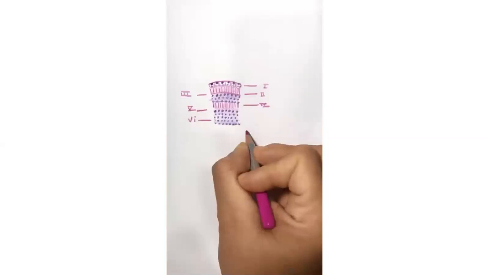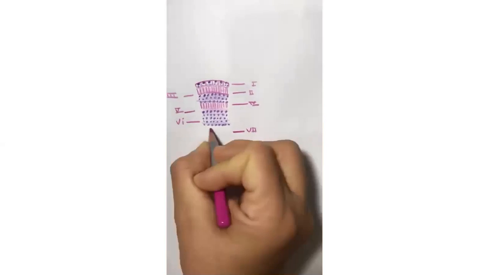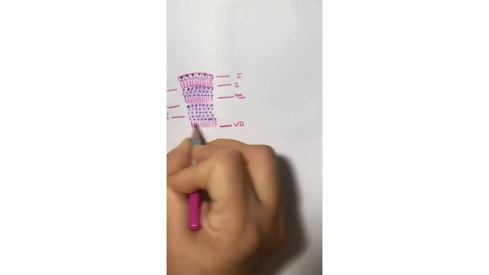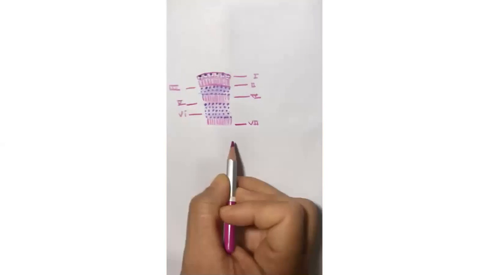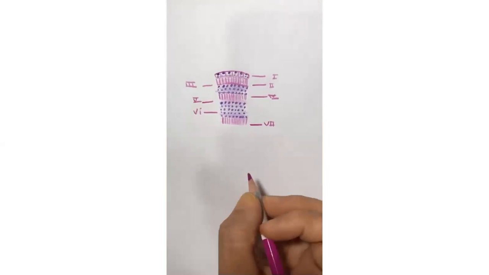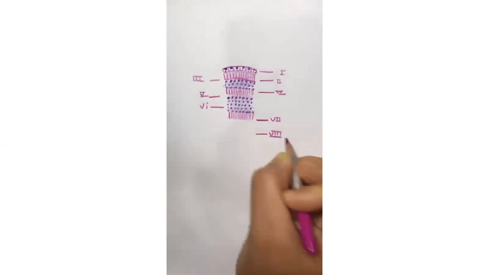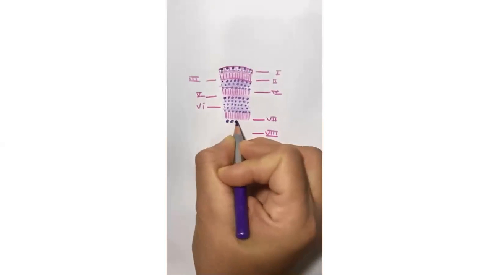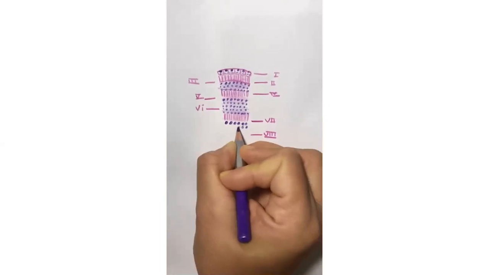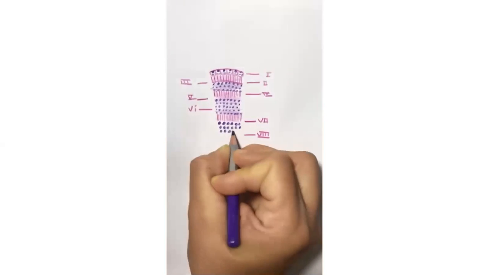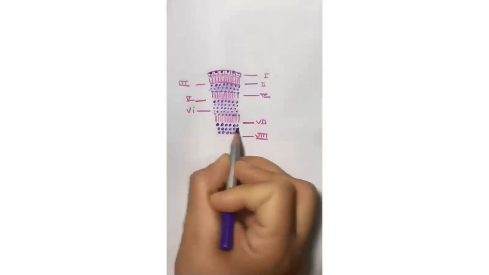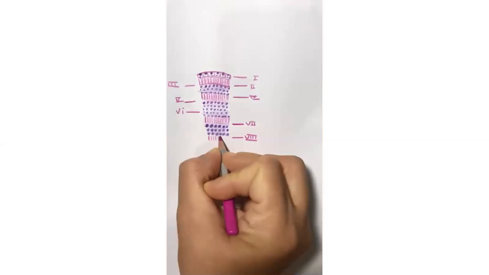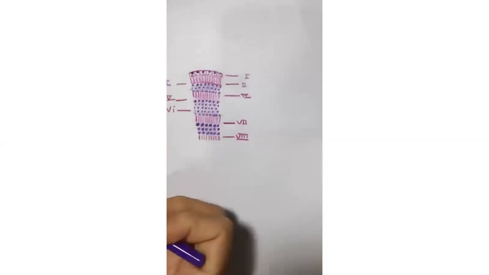Seventh layer is the inner plexiform layer. Inner plexiform layer is again synapses between the processes of the sixth layer and the next coming eighth layer. So what is the eighth layer? Eighth layer is basically the layer of ganglionic cells. It contains nuclei of the cell bodies of the ganglionic cells. You will draw relatively larger nuclei in this layer. So this is the ganglionic cell layer. Ninth layer is the layer of nerve fibers. These are basically axons of